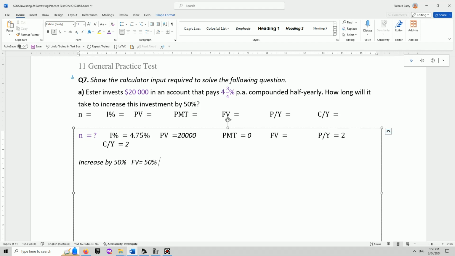50% bigger than the starting value, or 1.5 times PV equals 1.5 times 20,000. Hopefully people know that is 30,000. Right, can't do this problem without the 30,000. Now this, as far as this question is going, it actually only is asking, do you know where the letters